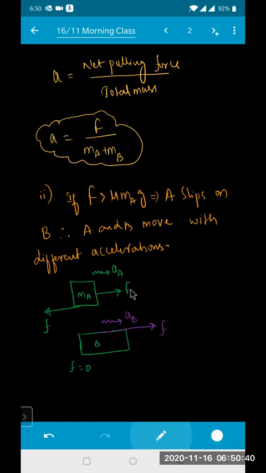Look, because of your mass A and mass B, there is a friction. Equal and opposite reaction is being exerted, isn't it? When this body is moving in the front direction, the frictional force on your B is in the backward direction. You know that friction is relative. Whatever friction is exerting on your A, the same amount of friction will be exerted on the B in the front direction. Newton's third law. Now what force acts on B? Is this force there or not now? It is there, sir.